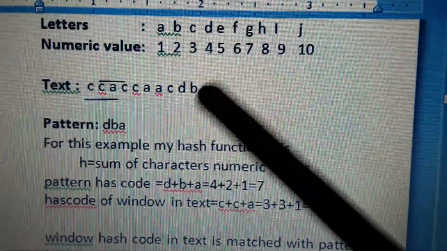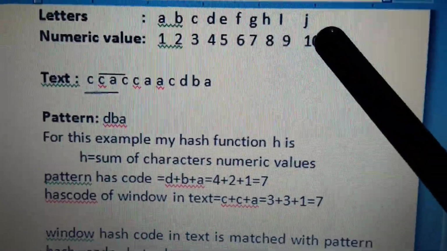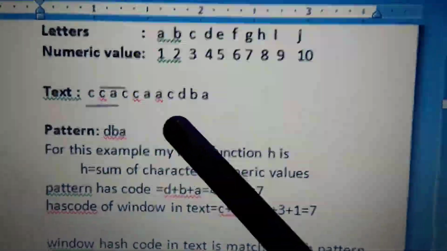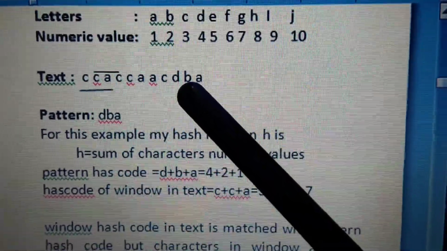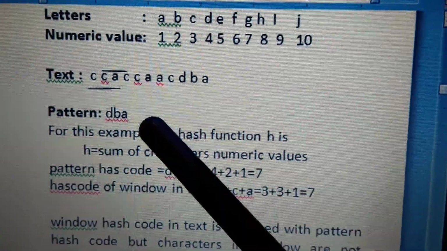I have given numerical values for the letters A to J. Now I have taken a text for these alphabets as this one and the pattern is this one.